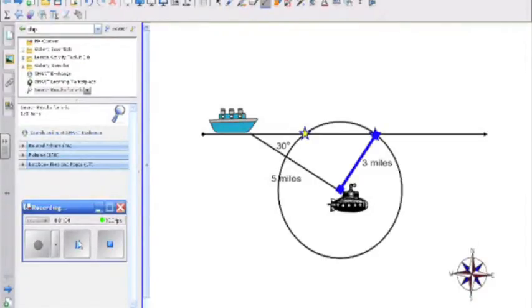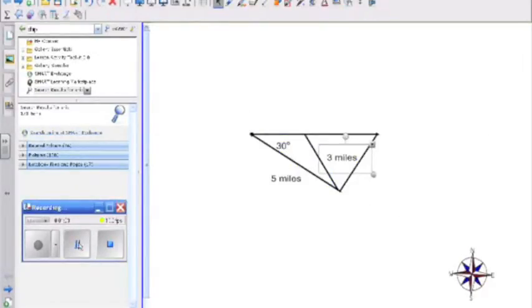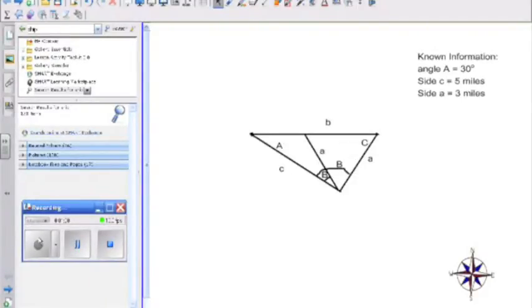This information creates an SSA triangle, 3 miles, 5 miles, and 30 degrees. This is an example of the ambiguous case. This criteria can create 2 triangles, both of which would have the 3-mile side. 1 triangle, 2 triangles. Let's label the sides as a, b, and c, with an uppercase A, B, and C